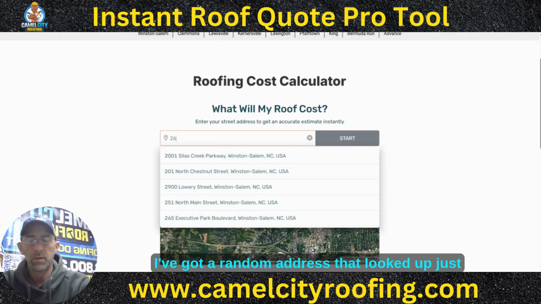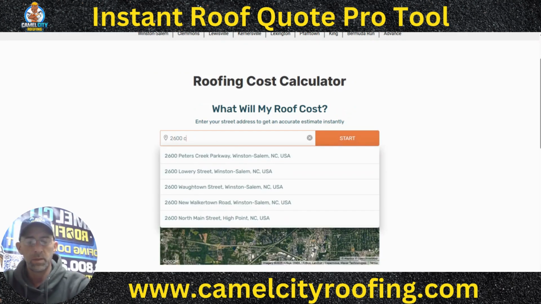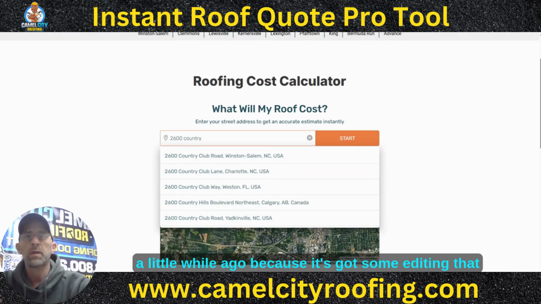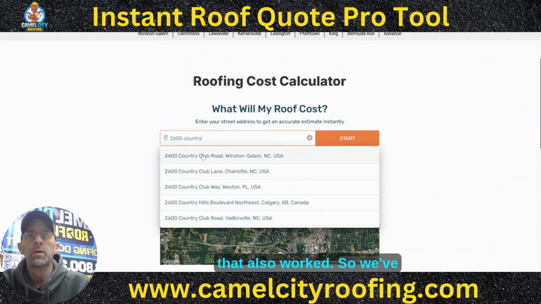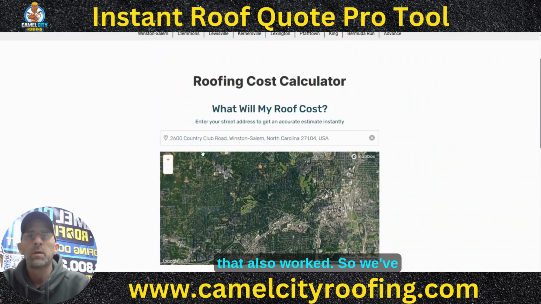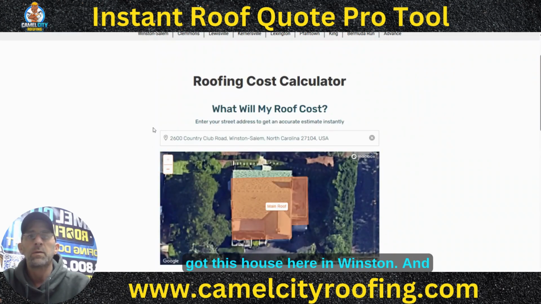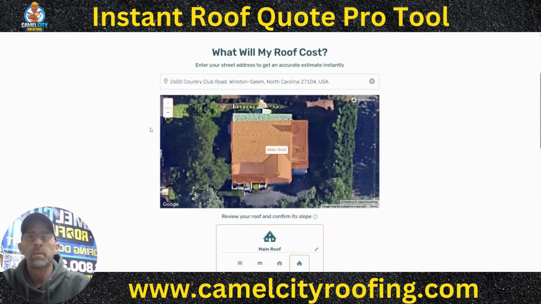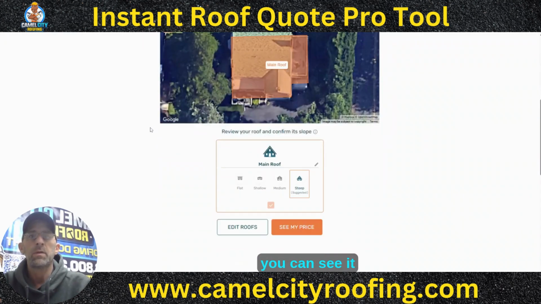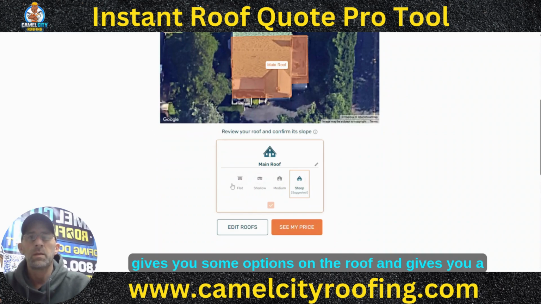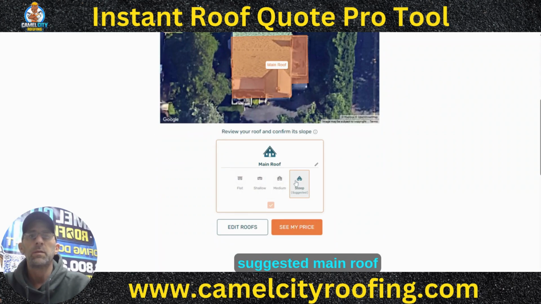So I've got a random address that I looked up just a little while ago because it's got some editing that might be needed to the roof line, and I wanted to show how that also worked. So we've got this house here in Winston-Salem, and as you scan down, you can see it gives you some options on the roof and gives you a suggested main roof as being steep